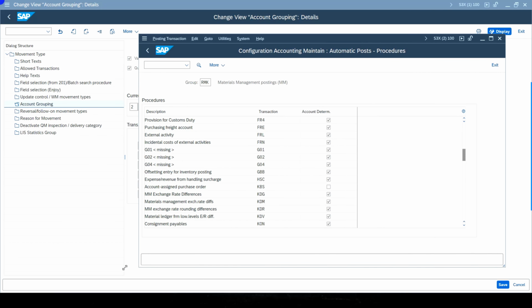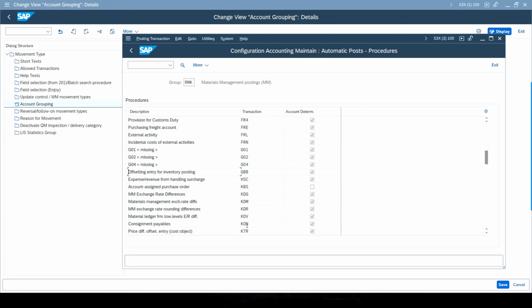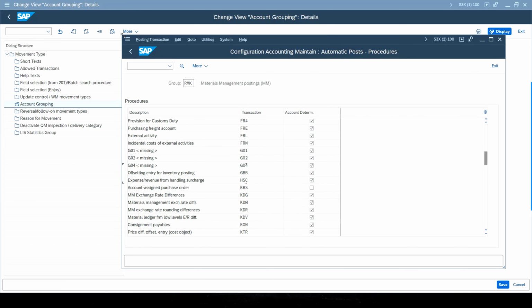GBP is the transaction key and these are the transactions, and if we take a look at what GBP means, it is the offsetting entry for inventory posting. So double click on it, enter the chart of accounts,